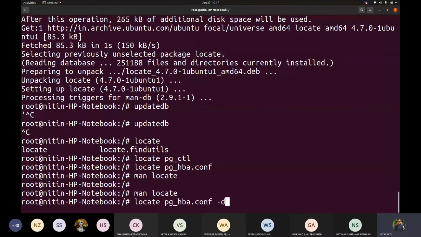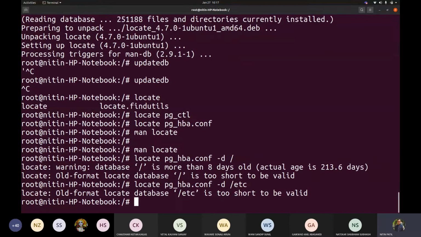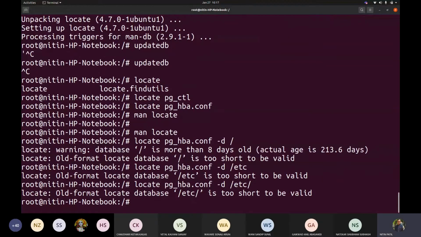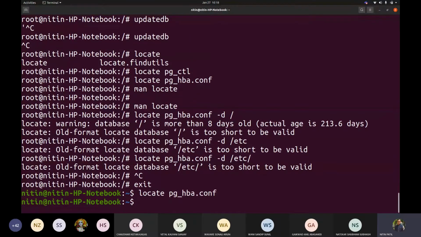So if I say dash d slash etc, how shall I write this? Or do I have to make use of some other command? Okay, I'm not able to get it.